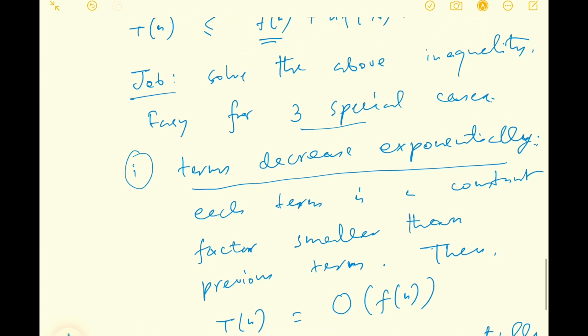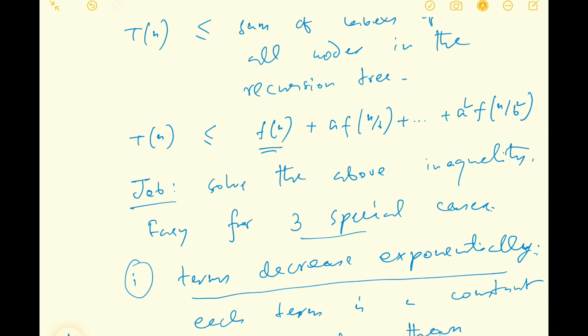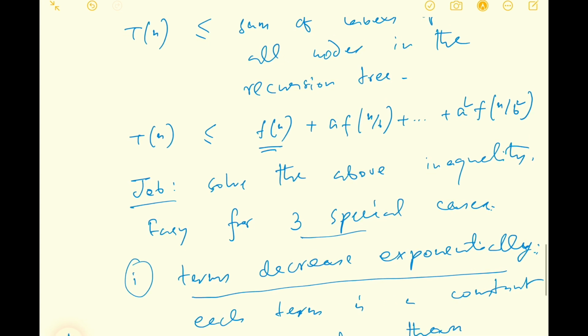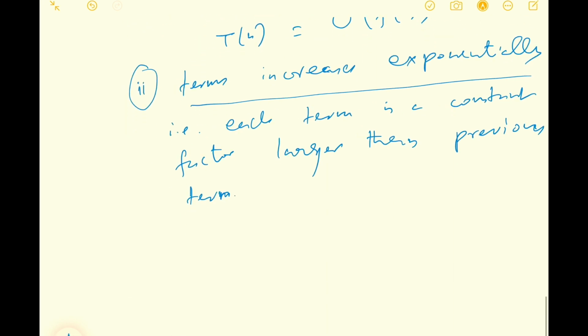In this case also the series is a GP series, and it's an increasing GP series, and again we know that the sum of a GP series is dominated by the highest term. The sum is upper bounded by a constant factor multiple of the highest order term, and because it is increasing, this sum will be dominated by the last term. So in this case, we will have